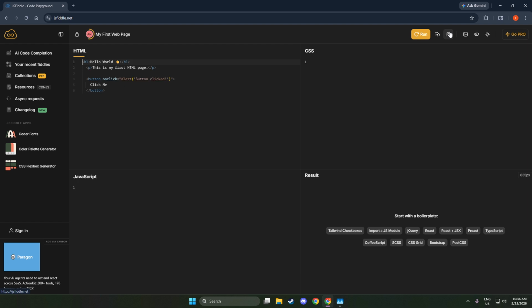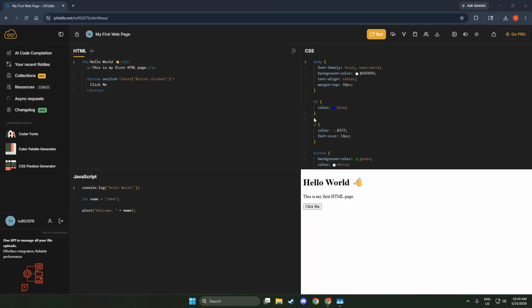Once your code is in place, click Save in the top right corner. This is the key moment. Saving takes a snapshot of your current code and prepares it for sharing. If you prefer shortcuts, pressing Command+S on Mac or Control+S on Windows usually does the same thing. Give JS-Fiddle a second to finish. You'll notice the page updates to reflect that your work has been saved.